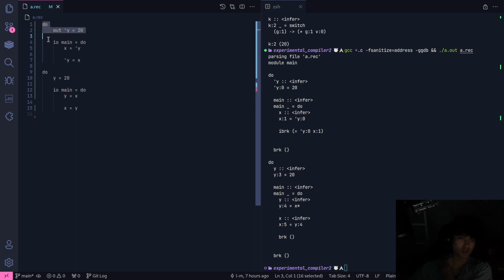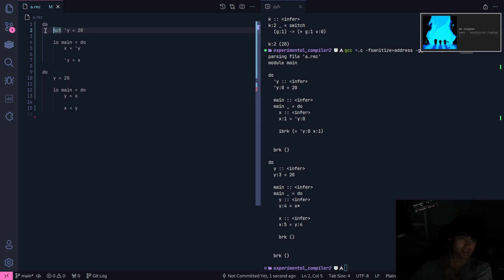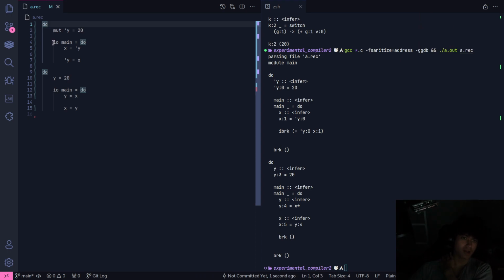So this is a do that opens a new block. How this works is that it continues parsing, so it gets the column of the first token. When the parser reaches do, it goes to the next token, and this next token has a column. This column number would be 1, because a tab counts as one character. It'll move on to the next token of the next line. If it equals the same amount of columns from the left, it'll continue parsing the do.